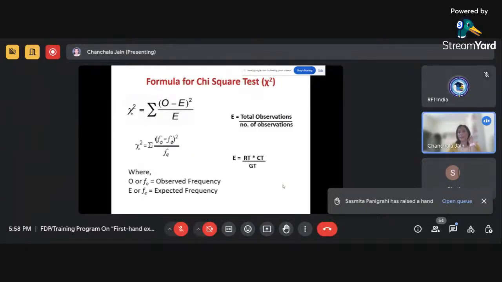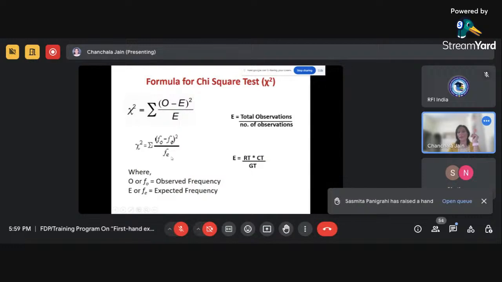Talking about the next slide, this slide only indicates the formula which we use in the chi-square test. Although we do not need to understand this in depth, because in today's era of software we can easily get these values. But still, for understanding the concept, as we are talking about observed and expected frequencies, the formula says chi-square. This is the symbol of chi. So chi-square equals the summation of (O minus E) square divided by E, or (FO minus FE) square